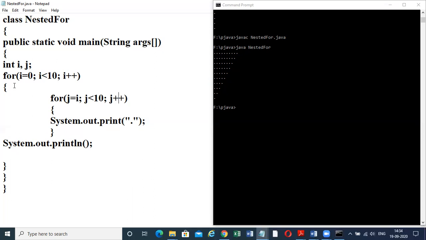Inside the for loop body there is again a for loop. So here j is equal to i. Now the value of i is 1, so the value of i has been assigned to j. j is equal to 1, and 1 is less than 10. When 1 is less than 10, the control comes inside the inner for loop body, and here System.out.println prints a dot. Again the dots will be printed, and there will not be 10 dots, there will be 9 dots, because it is starting not from 0 but from 1. And the process goes on till it prints.